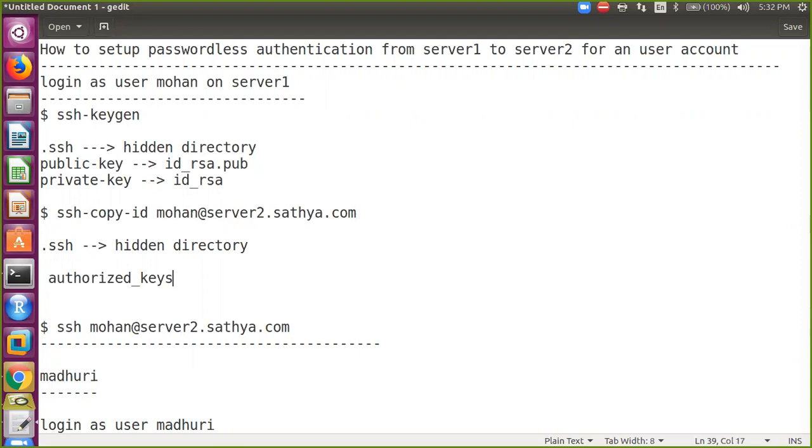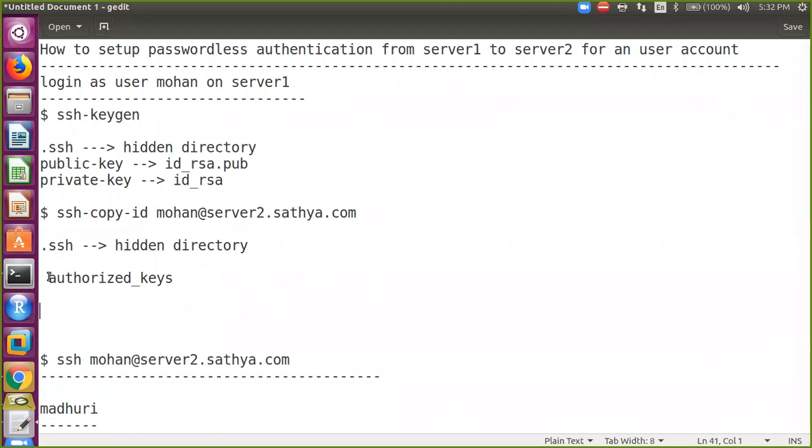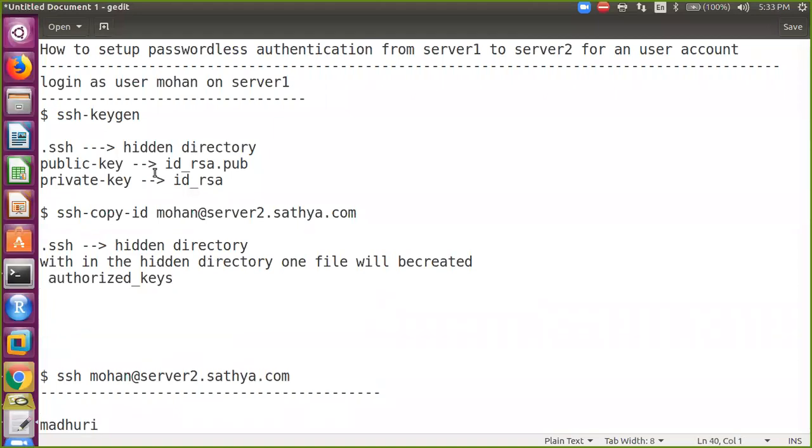Within this authorized_keys file, what it will do is copy the public key.